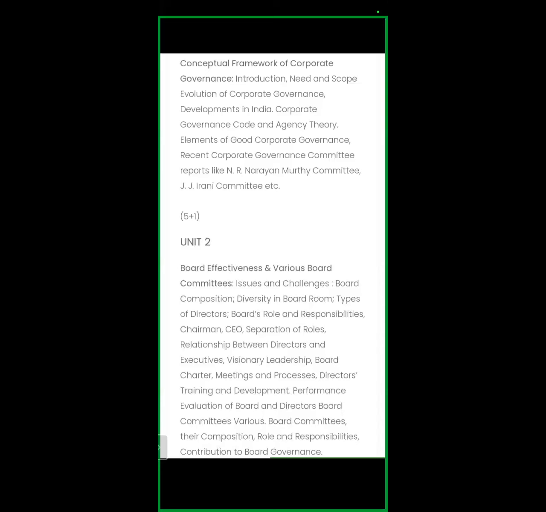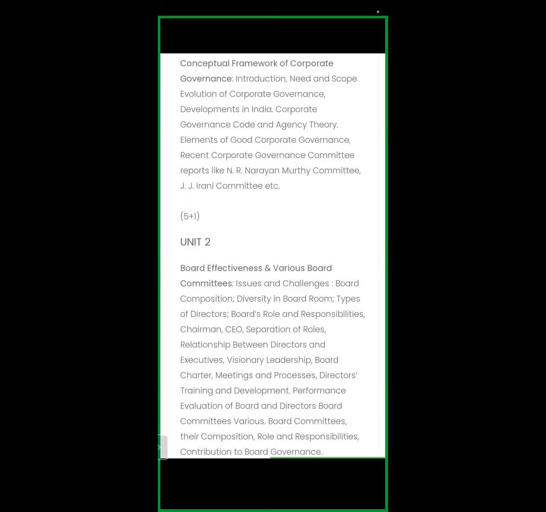Now, why is this particular thing there? Why has this common feature been kept in mind by the government whenever they are constituting the committee? The reason is very simple: the person who is from that particular field, who is an industrialist or who has spent say 30, 40 years in the industry, is in a better position to prepare the guideline for the industry rather than appointing a bureaucrat or a politician